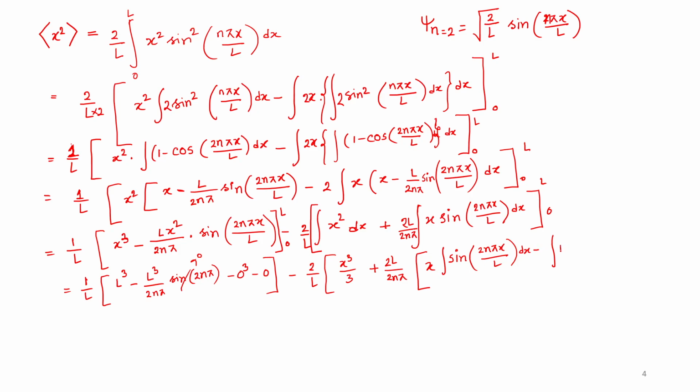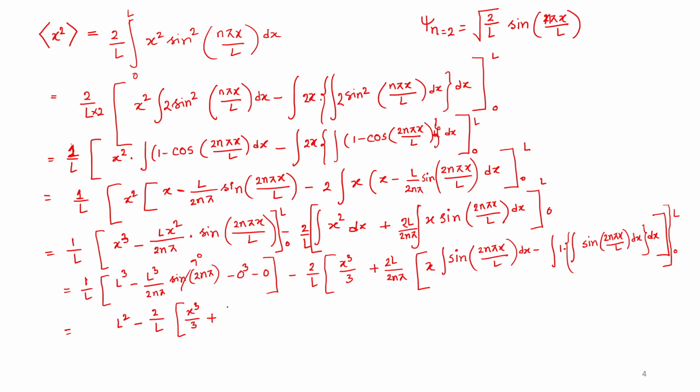dx by x is 1 integration of sine 2n pi x by L dx bracket close, another dx is there and into 0. So I think how many brackets are there? 1 and 2 are open and I have closed only one. Sorry to use another bracket. So for this part, we can see that we are going to get only L square, right? The rest of the terms are 0. So we'll come back here 2 by L and then again x cube by 3